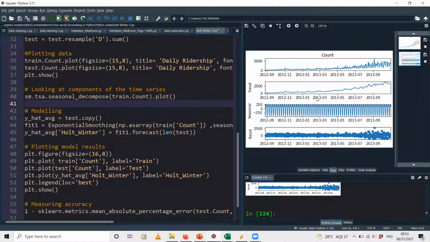Okay, and if you refresh your memory on what we were discussing last week, we said the trend is either an increasing trend or a decreasing trend, right? Now clearly you can see from the raw data itself that the trend is increasing from 2012 to 2014. Seasonality is nothing but at what frequency the patterns repeat themselves over time. So you can also see clearly that the data is seasonal in nature. It has certain cycles in it.